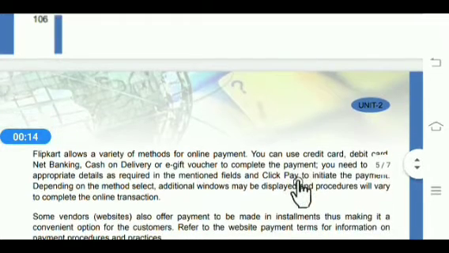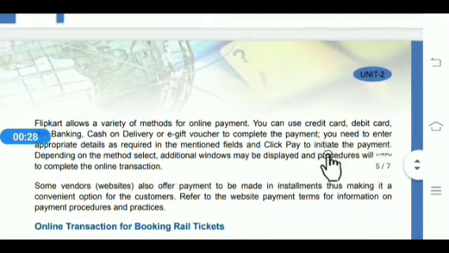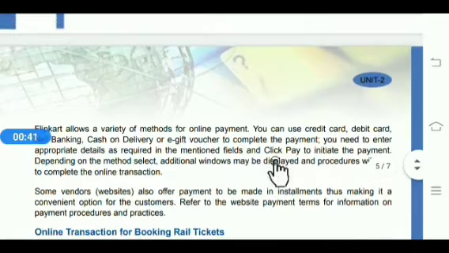Suppose you want to pay through debit card. For this, firstly click on the debit card option, then fill in your ATM card number, then fill in your name, then fill in your ATM expiry date and security code and click on the submit button. After clicking on the submit button, you will receive an OTP number on your mobile phone. Then fill in your OTP and click on OK. With this, your payment will be